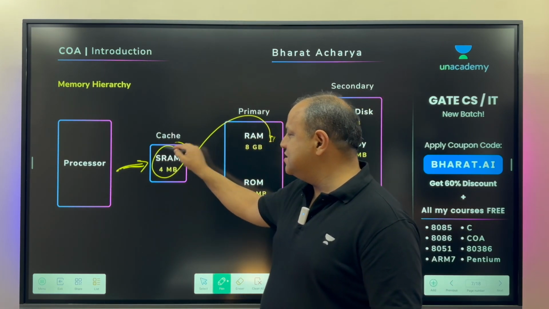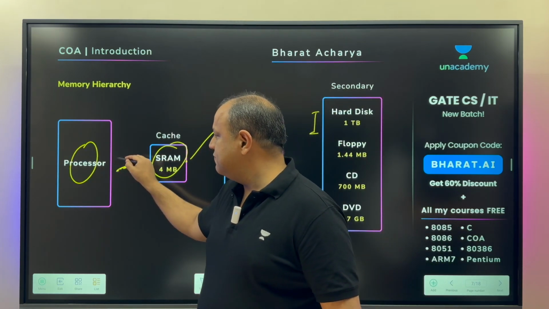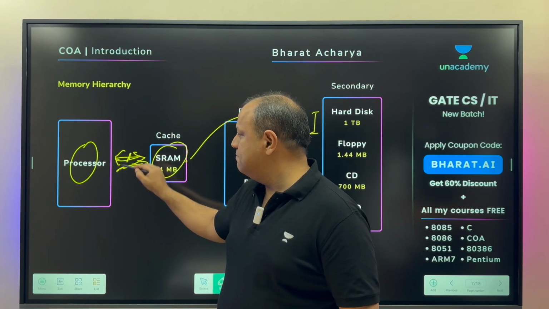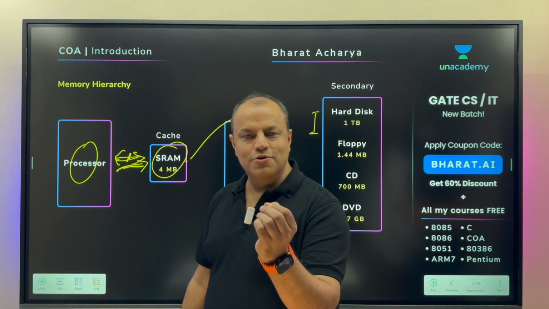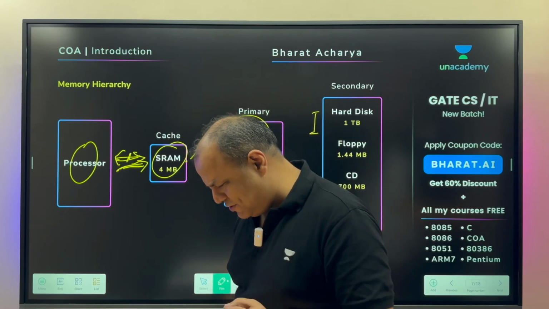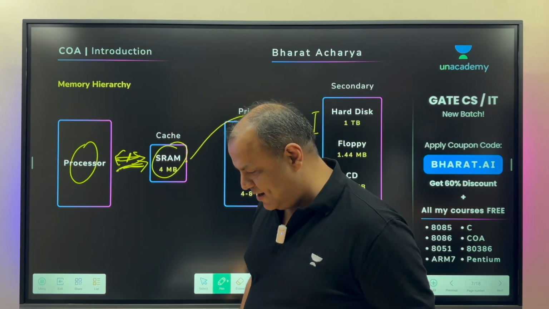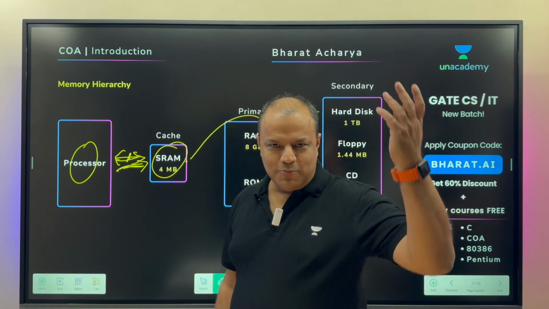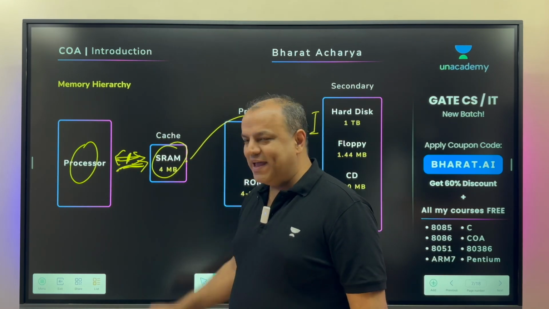Like I said, cache is super fast, processor is super fast, but they are all dependent on the bus that connects them. Buses could not evolve that fast. Bus speeds even today are barely 1 gigahertz, barely, even today. And processors go up to 3-4 gigahertz. So the buses became a bottleneck.